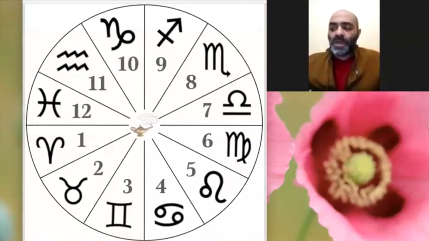Okay, so it should not be related specifically to romance. It's when people get together legally. This is the seventh house, when they sign that contract. The seventh house can deal with